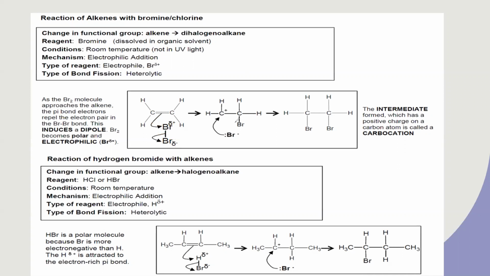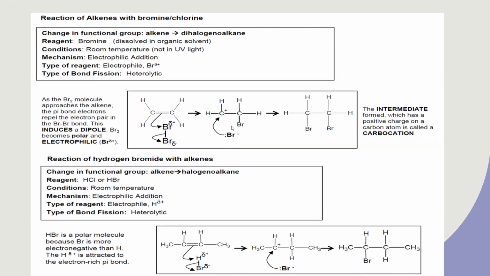So when the bond breaks, one bromine is added and it forms a carbon cation, and the other Br, which has a lone pair, attacks and forms 1,2-dibromoethane, because the original reactant was ethene. As you can see, this is symmetrical, that's why both possibilities are there. But if it is asymmetrical,